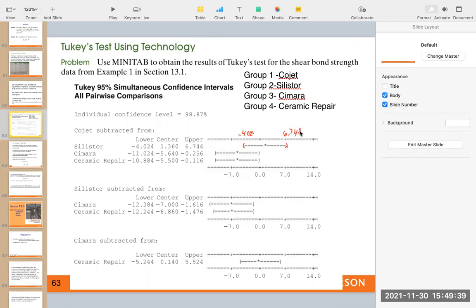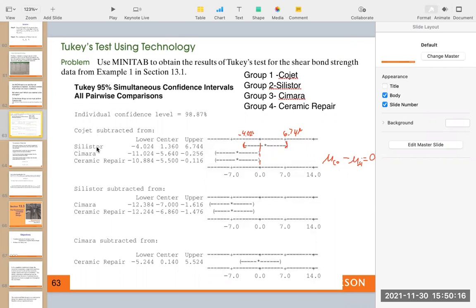So clearly we have that the 0, which is located here on the number line, is inside these bounds, you know? So it is a likely difference between the two means. And if it's likely that 0 is the difference between Coget and Silister, then that means that those two are equal. If their difference is likely 0, that means most likely those two means are equal. So from this